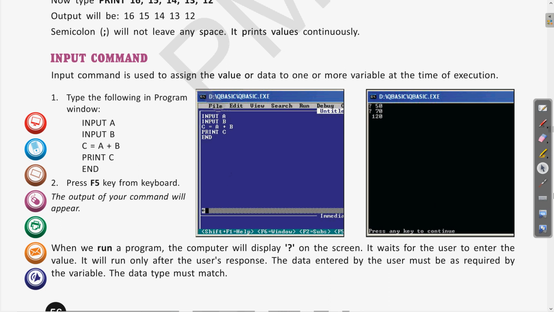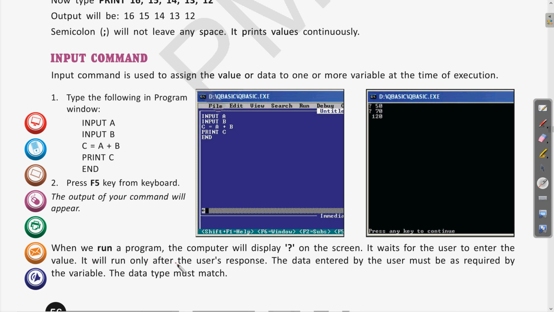So here you have seen about using the input command and the output. Here there are some other values. Whatever the values of A and B, in this example you can see 50 and 70, these were the two numbers and the output was 120. In our example we have written 8 and 7. So whatever values you want to give to A and B, this will give you the sum of those numbers. And for seeing the output, we can press F5 to run the program, or you can go to the run menu.